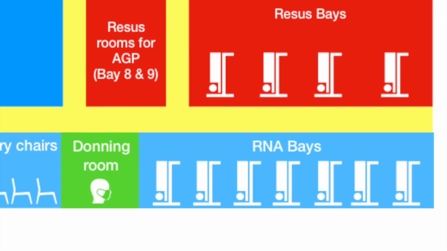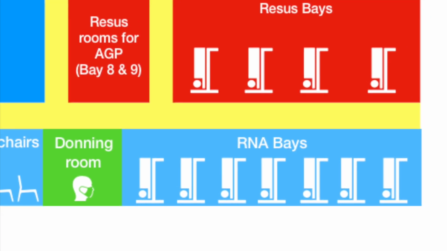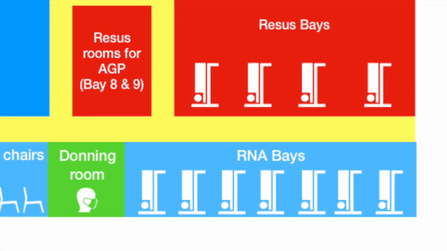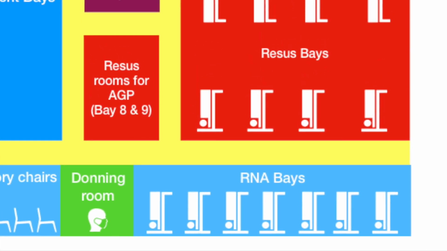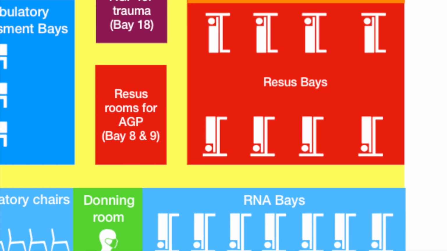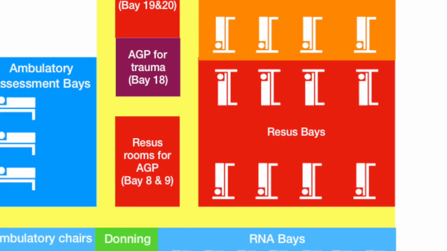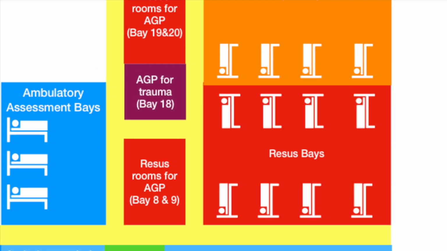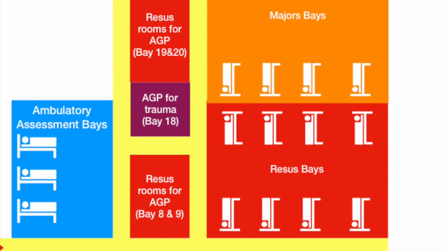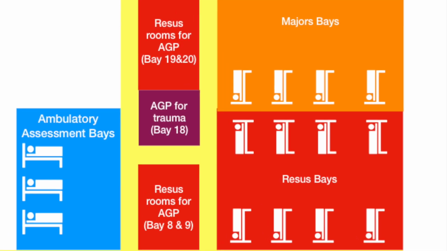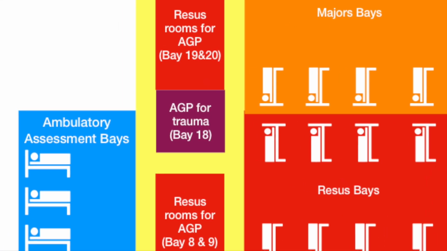If a patient has been pre-alerted and needs to be in resus, then we've got 2 areas for resus. We've got resus rooms which are dedicated for aerosol generating procedures, and these are bays 8 and 9, 18, 19 and 20. They're all side rooms to protect us as we go through an aerosol generating procedure. The aim is to use Bay 18 for patients who may require larger teams, such as a trauma team or